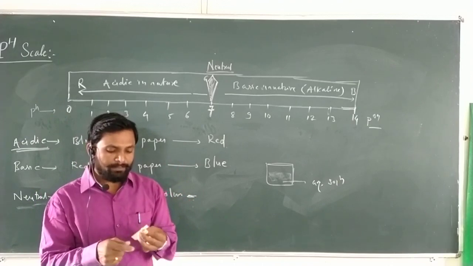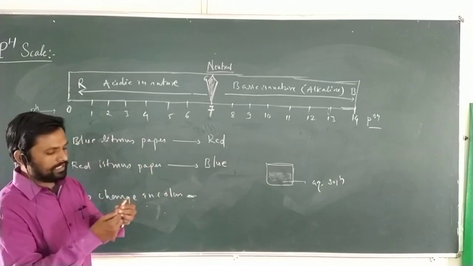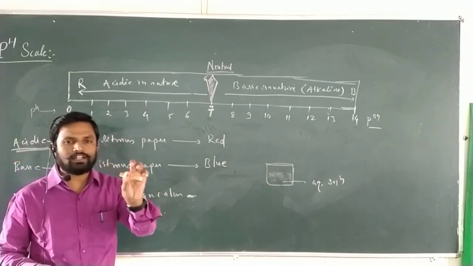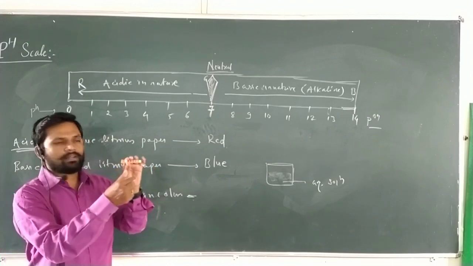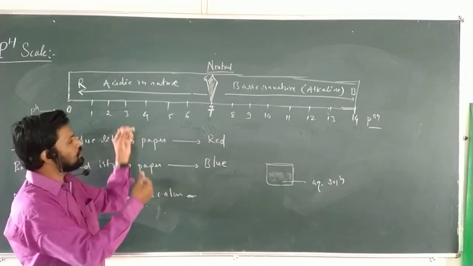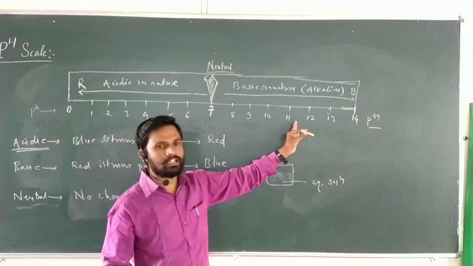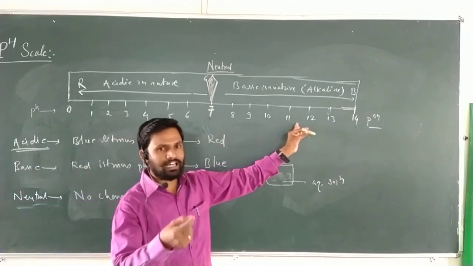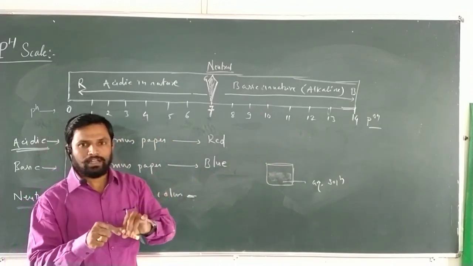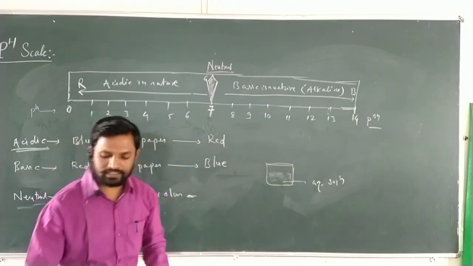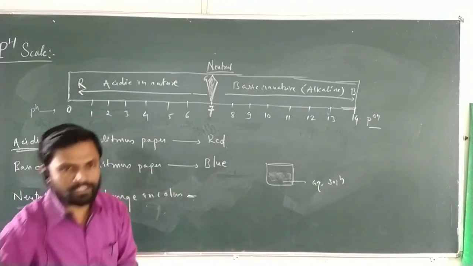But with the help of the colors, we can determine the range. A range of 3 to 4 can be determined. The exact pH value we cannot determine by this. It is acidic in nature between 3 to 4 if you observe light red color. If you observe some green, some blue, dark blue, light blue, 11 to 12, likewise the blue color is there. But for exact determination of the pH value, we have the pocket pH meter.